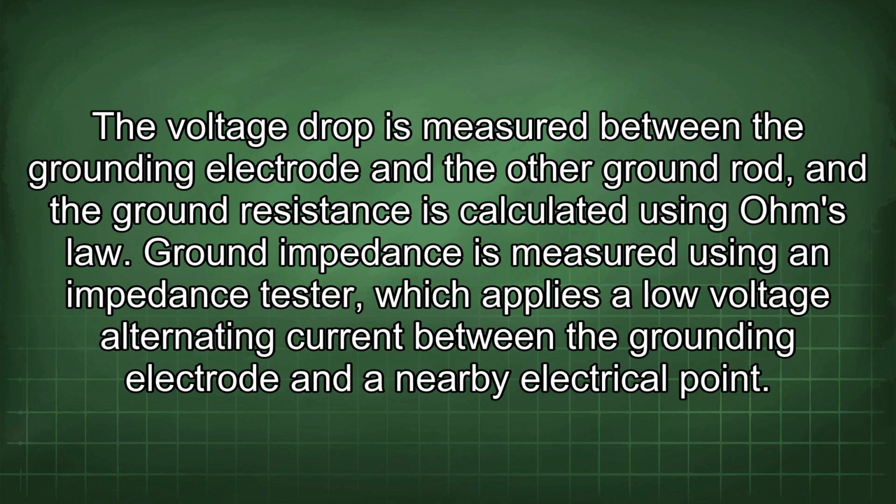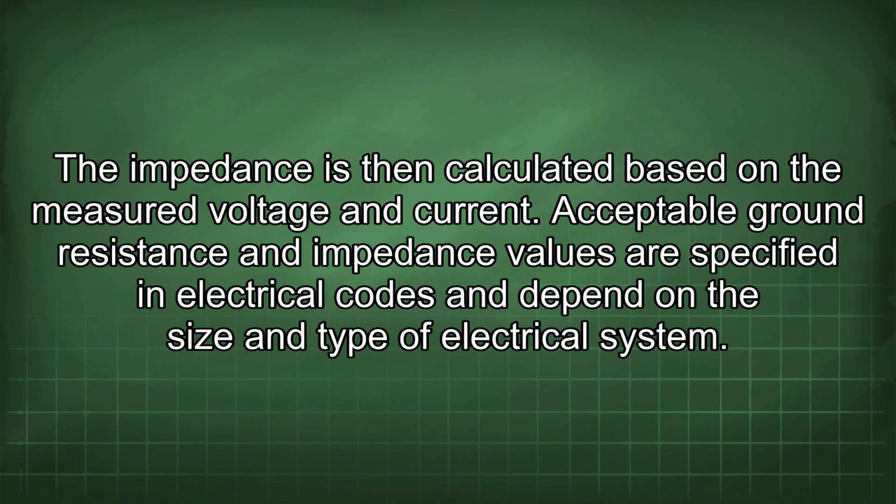using Ohm's law. Ground impedance is measured using an impedance tester, which applies a low voltage alternating current between the grounding electrode and a nearby electrical point. The impedance is then calculated based on the measured voltage and current. Acceptable ground resistance and impedance values are specified in electrical codes and depend on the size and type of electrical